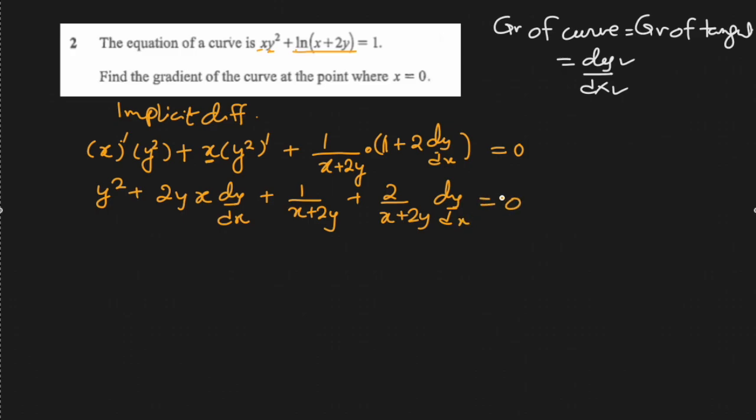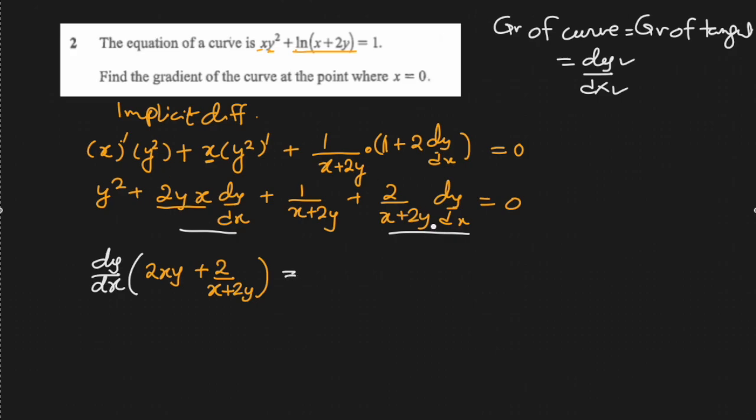equal to 0. Next step in this case should be that dy over dx, the terms which are containing dy over dx, we will take it common from the 2. Okay, and write the remaining. So what are we left with here? 2xy. What is left in this one? Plus 2 over x plus 2y. Okay, the remaining part will remain